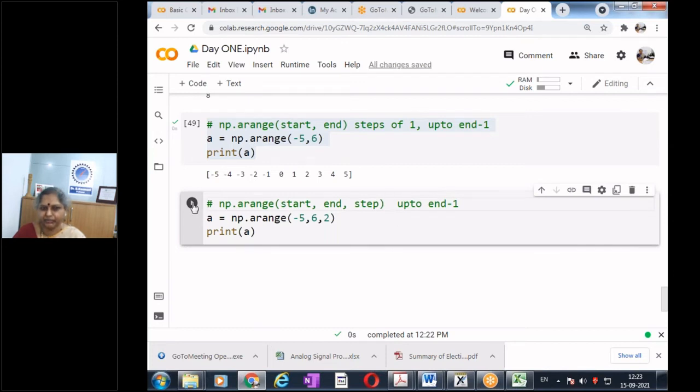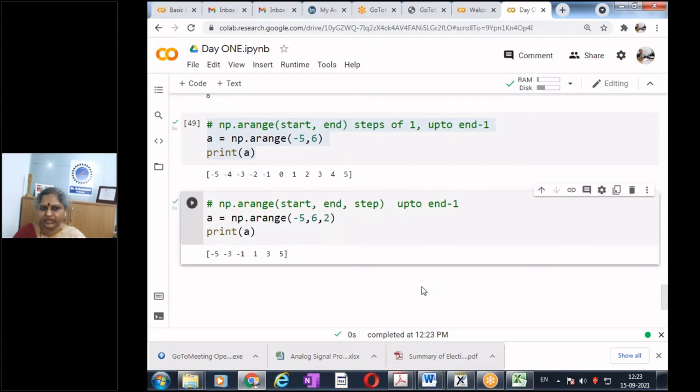Now run the command, and what do we get? Yes, it will start from -5. It goes up to 6 minus 1 in steps of 2. Starts at -5, goes up to 6 minus 1 in steps of 2, and this is what I get.